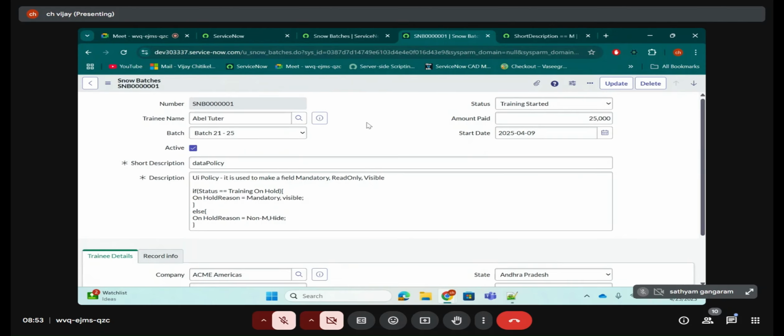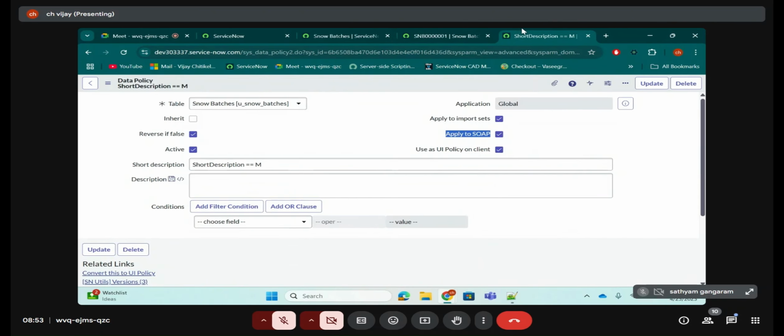Let's say in SAP there is a table, the SNOW6 table. Here also, when you try to create a record, you should be able to create it. Apply to SOAP means, let's say there the short description field is not mandatory, but here it is mandatory. They try to save the record. The expected behavior is that here also it should create a record, but it won't create a record if the short description value is empty. So that kind of behavior. You will understand this